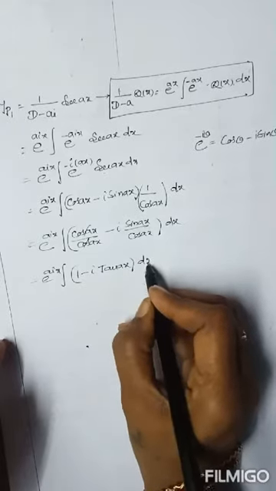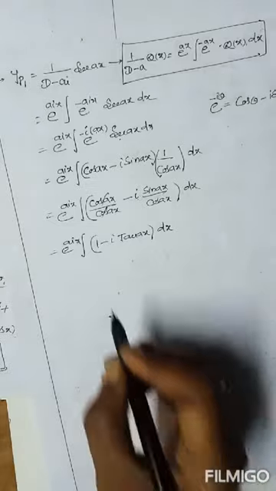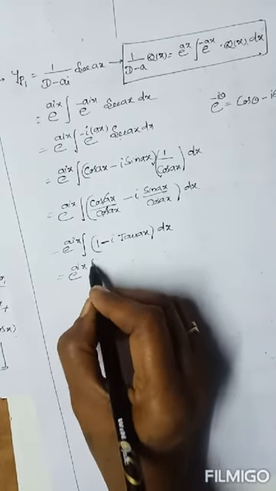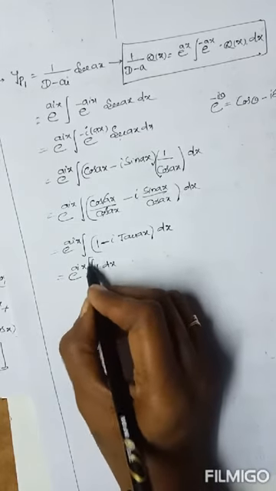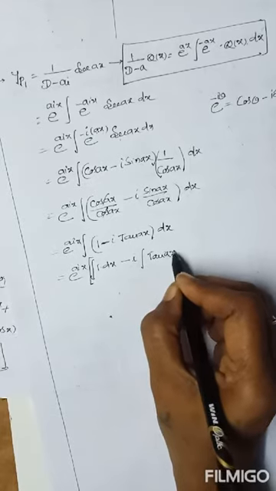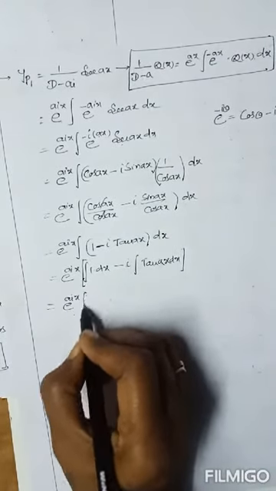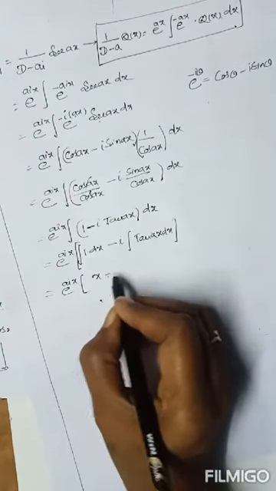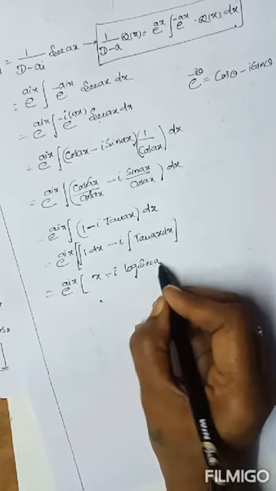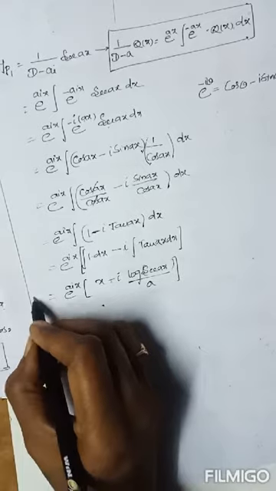Now this is a purely integrable function. By expanding this we can write the integrable function more easily. Now there are two terms, between them the sign is minus. So integration of the first term, 1 into dx, minus i is outside, integration of the second term into dx. Now e to the power of aix, integration of 1 with respect to x is x, minus i into tan ax, whose integration is log of secant ax by a, the whole divided by a. This is the value of yp1.